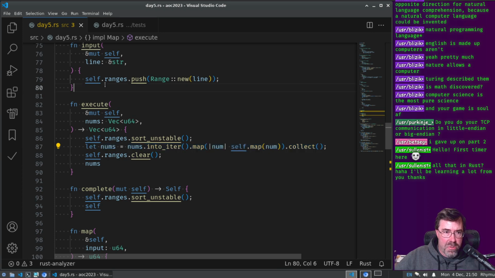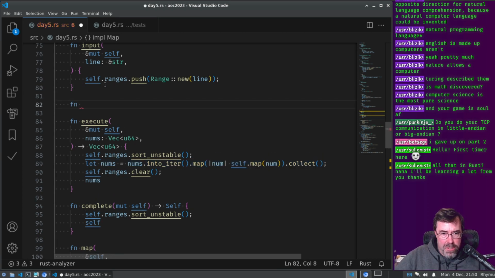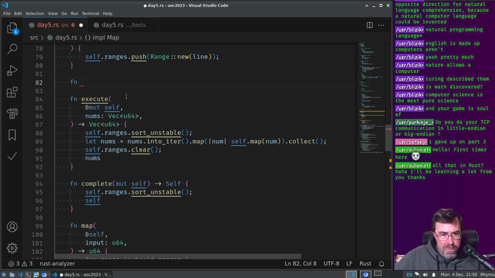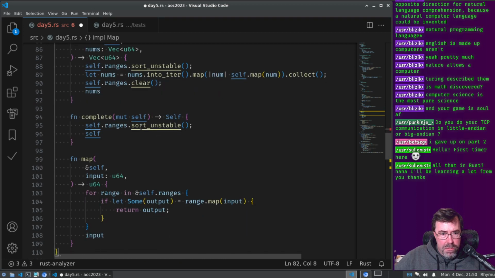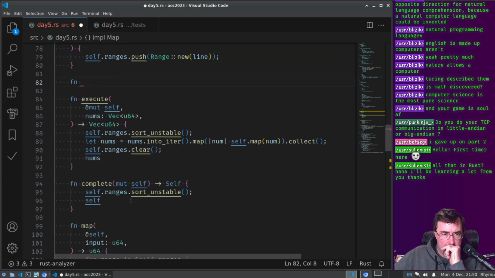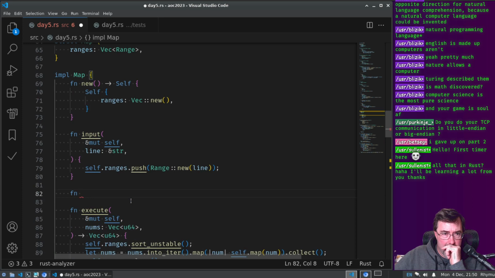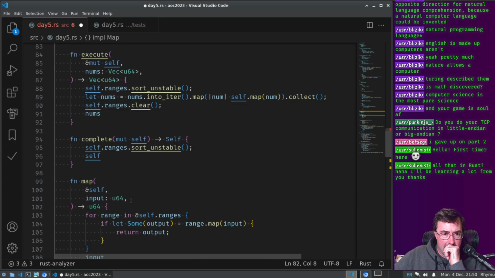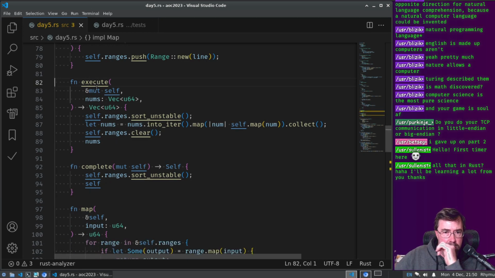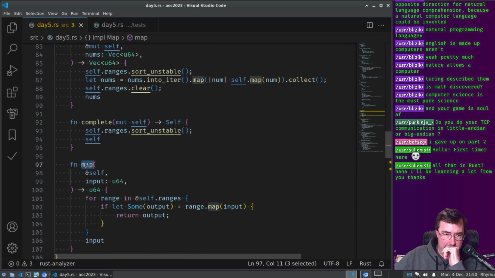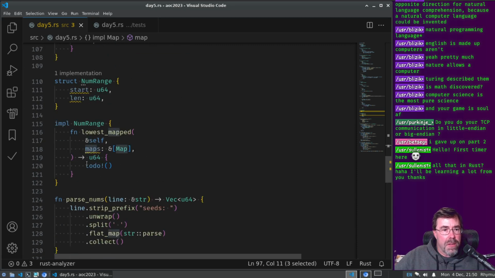I need this sort of as its own function. Wait, I already have it. It's called map. Yeah, so we're going to reuse map. Okay, I got it.